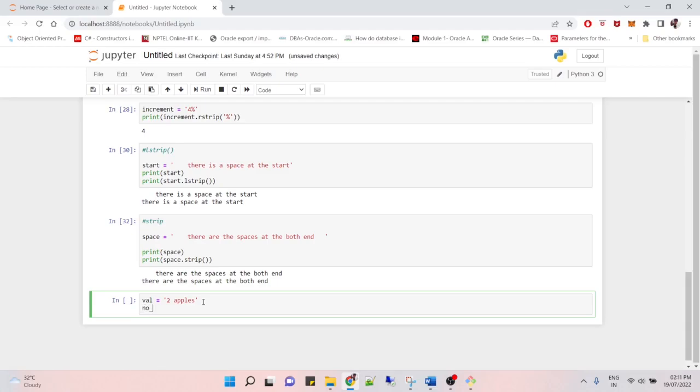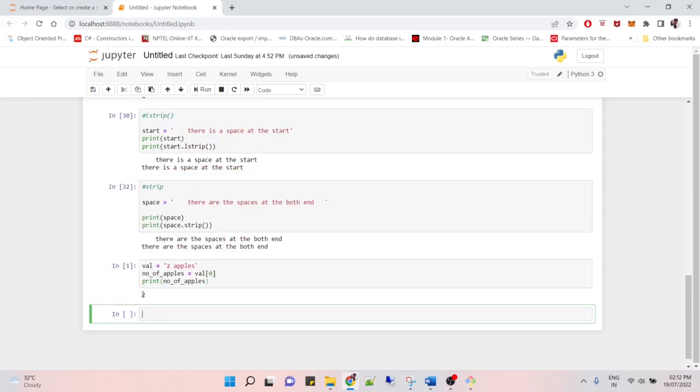While slicing, suppose I need to pick only the first letter in this string, so we can try doing this slicing. Suppose number of apples is the variable. I will slice it through the indexing 0. The 0 stands for the first index. As I said, this works similar to the language C. So print number of apples. Okay, so see, we can find the number of apples, which is 2,